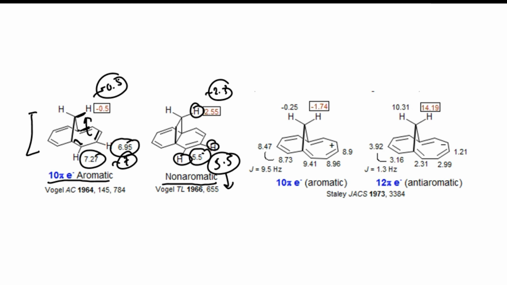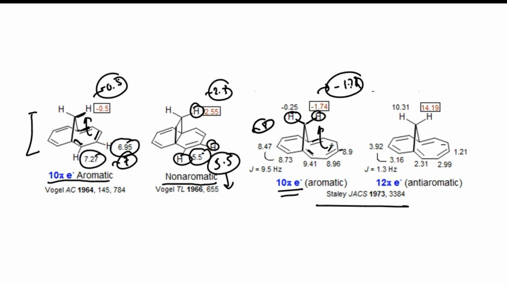Let's move on to this example, where you can see that this is an aromatic compound. This is a conjugated seven-membered ring with a plus charge, so it is a 10 pi electron system. Again, these protons are situated above the pi electron density, so they are shielded so much that the value is negative 1.74. And the peripheral hydrogens are very much deshielded due to the positive charge density around the ring, so they are in the range of 8. That quite justifies the theoretical explanation.